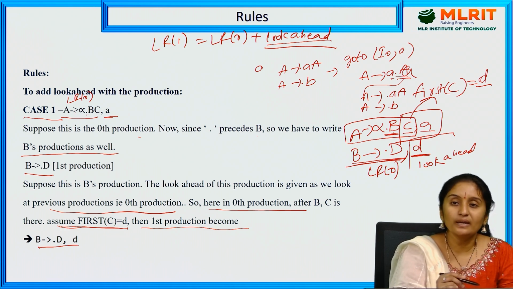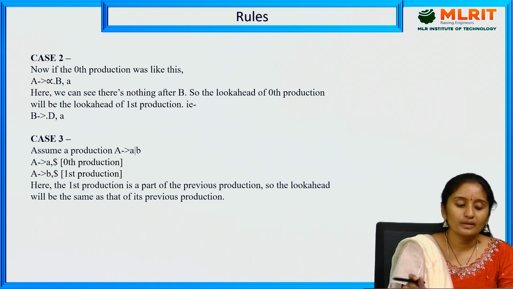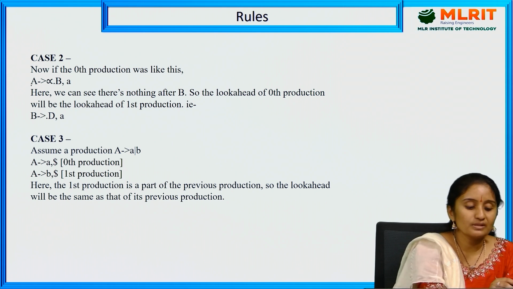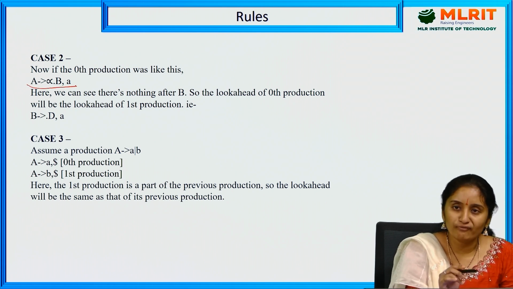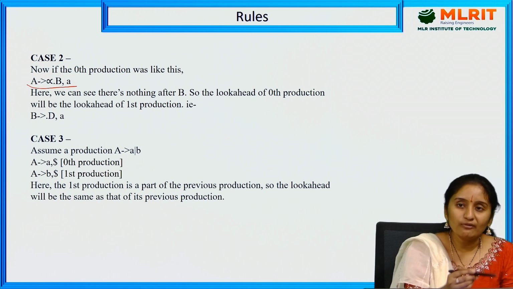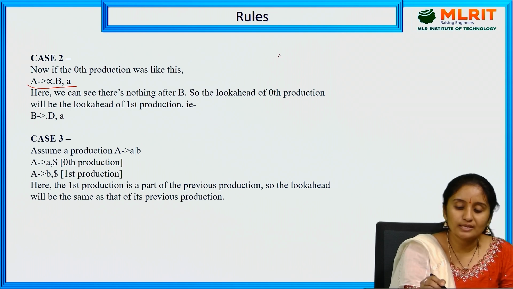So this is my case 1. The next one is case 2. Now, if the 0th production is like this, after the dot only one non-terminal exists. Then we are going to write the look ahead symbols of the previous production. For example, see here, A tends to alpha dot B,